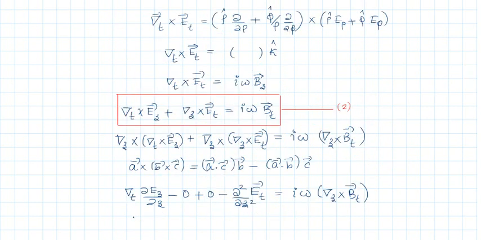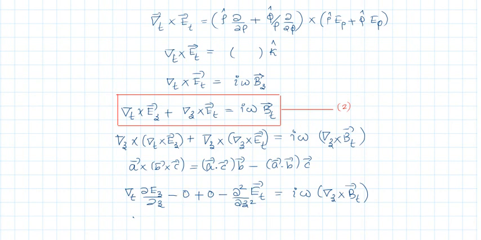Now cross multiply this entire equation with ∇z. Now what is A × B × C? A × B × C is nothing but (A · C) B minus (A · B) C. Apply that relation to this triple cross product. The first one is ∇z × (∇z · Ez). ∇z · Ez is nothing but ∂Ez/∂z, ∂Ez/∂z times ∇t, minus ∇z · ∇t. ∇z is along k cap, ∇t is along rho cap and phi cap. So the dot product will be 0.